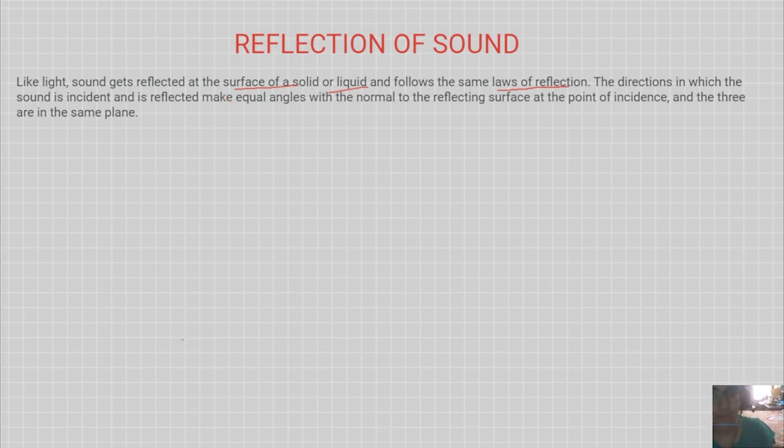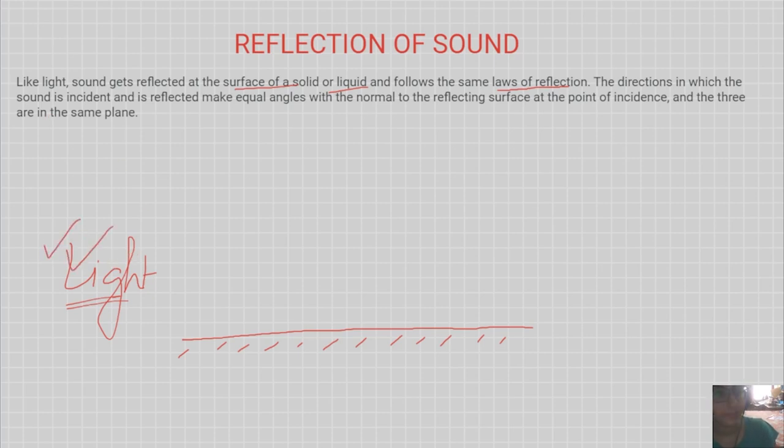So here, let this be a polished surface. So right now, remember that we are talking about light. So when we talk about light, we obviously need a polished surface for reflection. For sound, it does not matter if the reflector is rough or polished, but for light, it is a prerequisite. Okay. So let's draw a normal. It's not exactly a normal. Okay. So just pretend that it is straight.